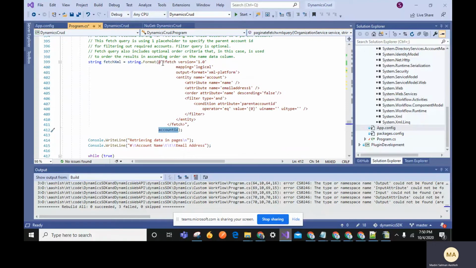I want to retrieve this fetch XML with a specific account ID. Why am I giving an account ID? Here I'm writing parent account ID, right? In this parent account ID, I want to specify this account ID. So instead of writing it here, I'm giving a parameter here, and I'm passing this parameter.